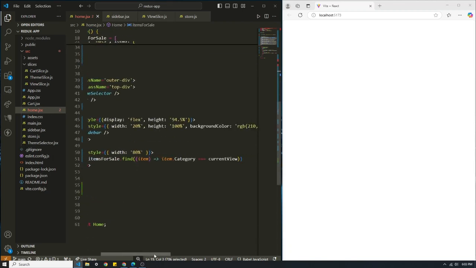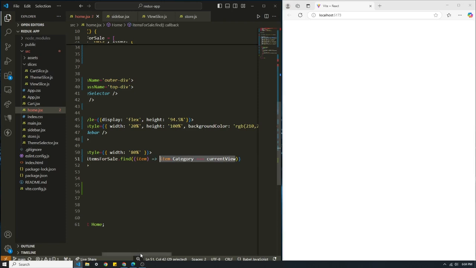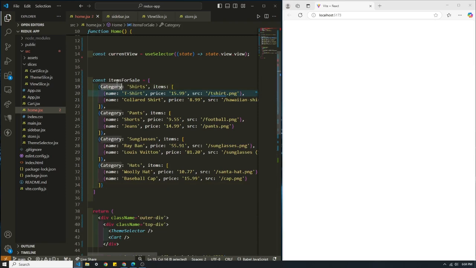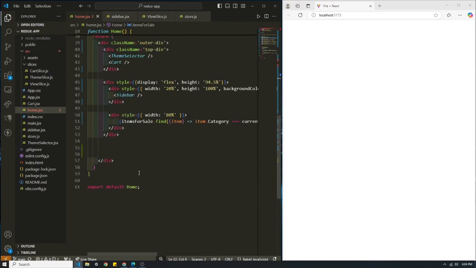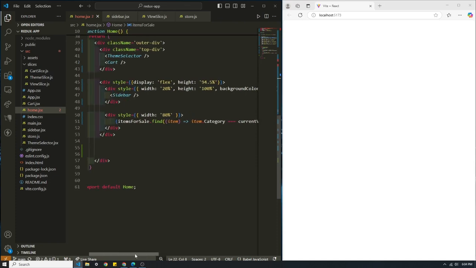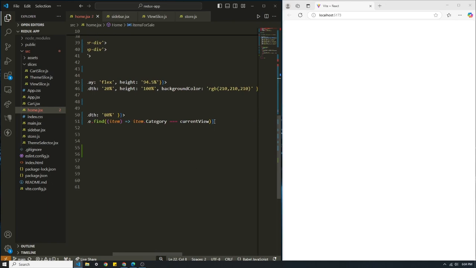So items for sale .find, the condition is item .category has to match the current view. So if the current view is shirts, item .category shirts will match, so it will return this item. So now we need to map through items within that item. I know I'm probably not doing a great job of explaining that, but items.find item.category equals current view